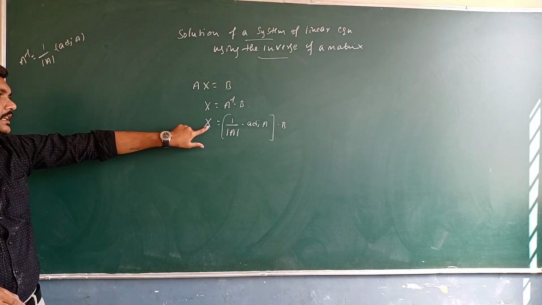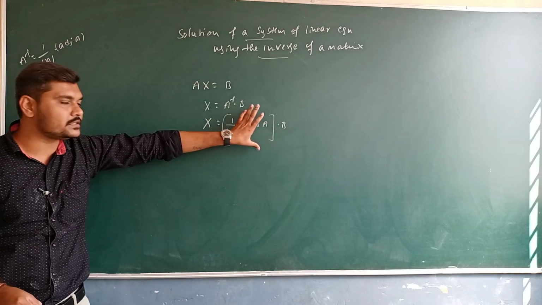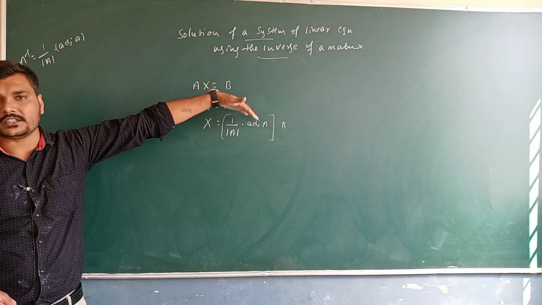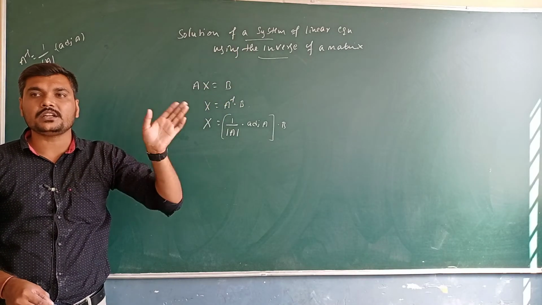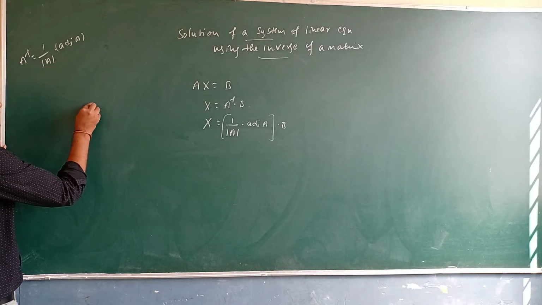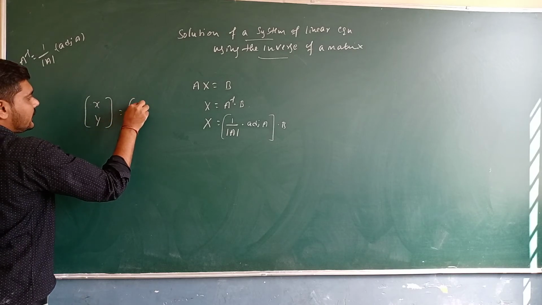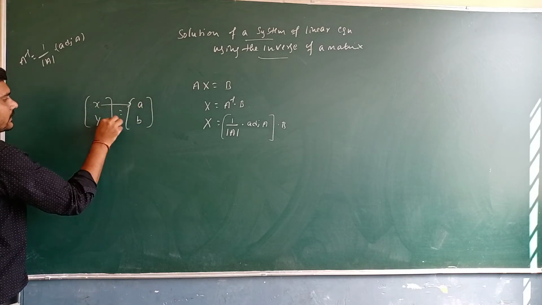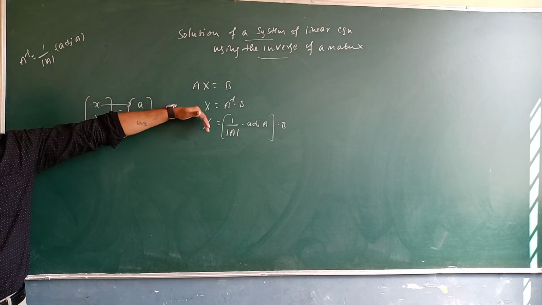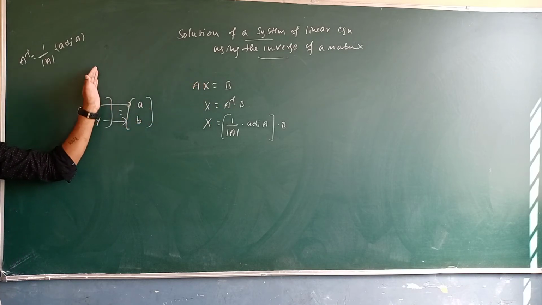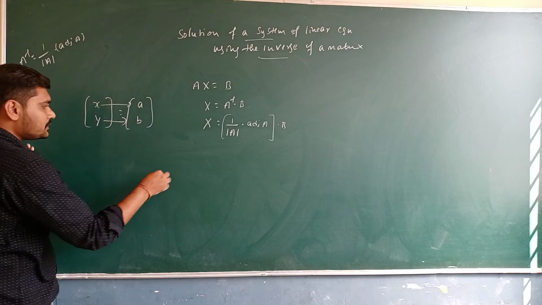Suppose the linear equation contains x and y. Then x and y is equal to the obtained matrix, corresponding row-wise or column-wise. When two matrices are equal, corresponding elements should be equal. Suppose we consider the column matrix, then x and y should be equal to some particular a and b, so the corresponding x is equal to a and y is equal to b. If you are getting a row matrix, the RHS must be a row matrix. If the LHS is a column matrix, then the RHS should be a column matrix only. So we are getting two situations here.